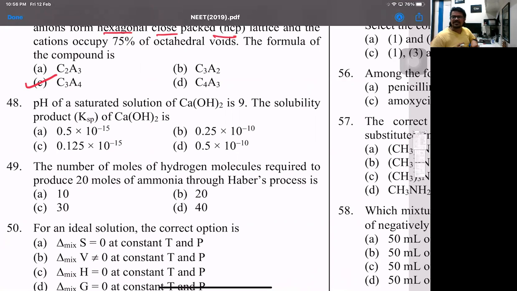Now for the OH ions, if you look at the formula for solubility product, because they have asked Ksp, Ksp is S into 2S the whole square. Now 2S the whole square, we know, is the OH ion concentration raised to 2. What about calcium? It will be half of 10 raised to minus 5, so 10 raised to minus 5 divided by 2, because the concentration of OH ions is for 2, and here we have it only for calcium ions, which is 1. So we divide by 2. So the 48th one, when you are calculating, will go as A.